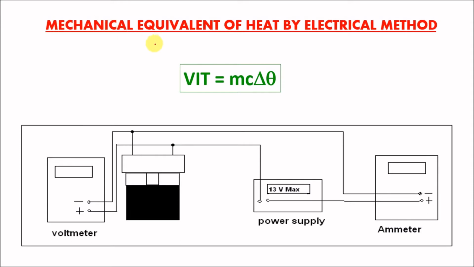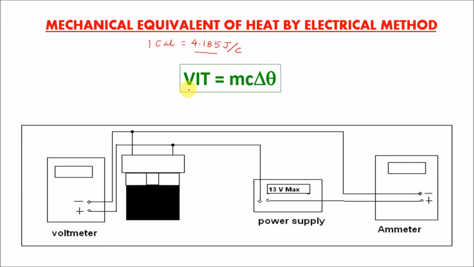We know 1 calorie of heat is equal to 4.185 joules. We'll try to find out this conversion factor between joules and calories. So the mechanical equivalent of heat is 4.185 joules per calorie. In order to do this experiment, we will use an electrical method, and that is why